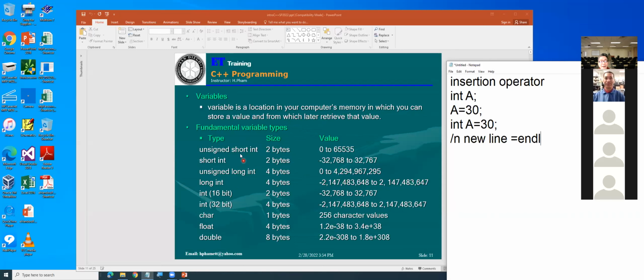So here they give you the variable types. There is unsigned short integer, which occupies 2 bytes and gives you 0 up to 65,535. Short integer also occupies 2 bytes and gives you values from minus 32,000 up to 32,000.